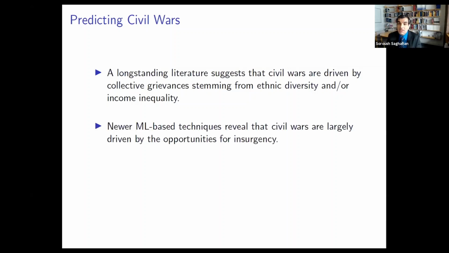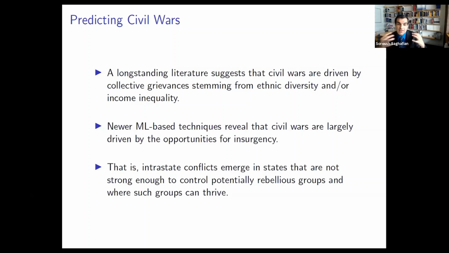Using machine learning techniques, the picture changed. So newer machine learning techniques tell us that that's not true, actually. They tell us that the civil wars are largely driven by the opportunities of insurgencies. So what it means is that the interstate conflicts emerge in states, in governments that are not strong enough to control for potential rebellious groups, and where such groups can thrive, the risk of civil war is